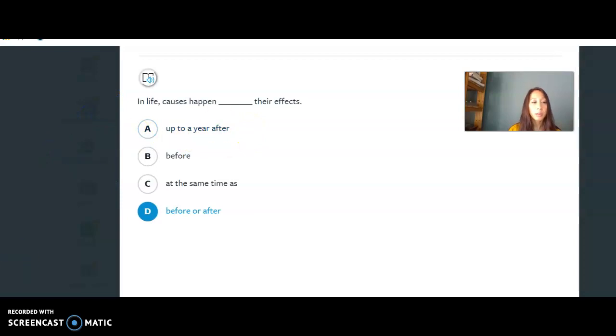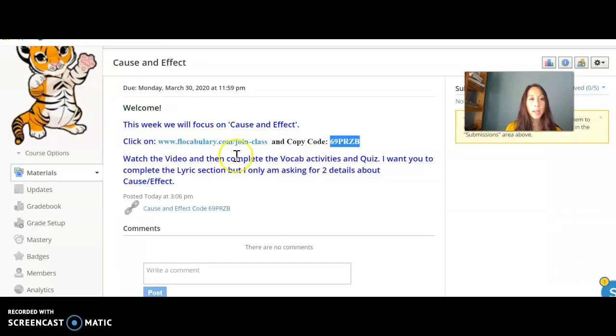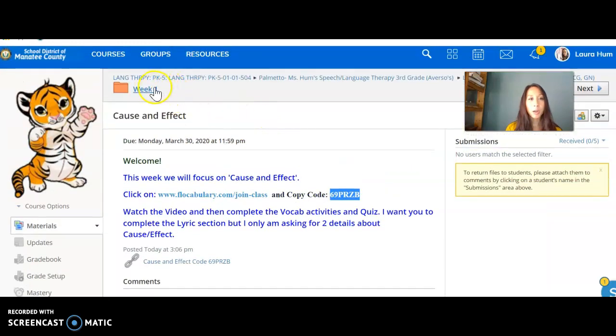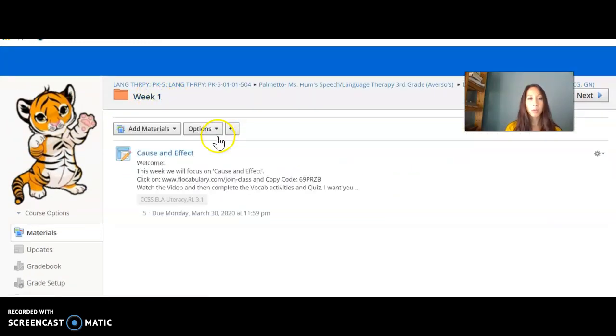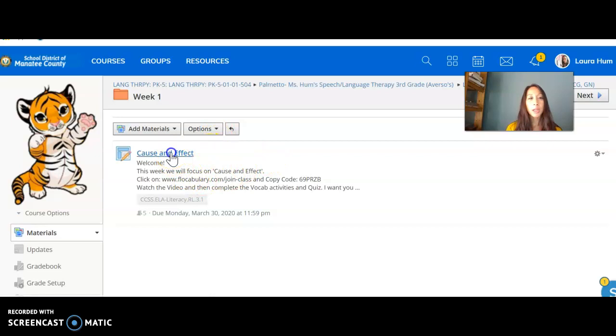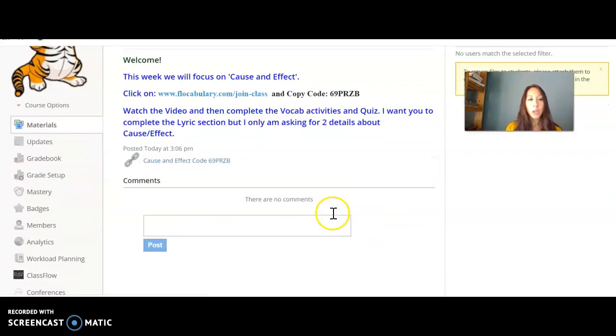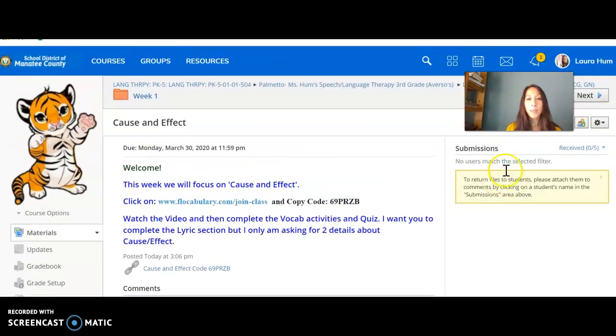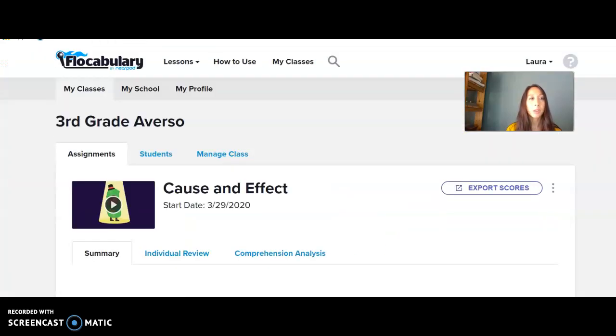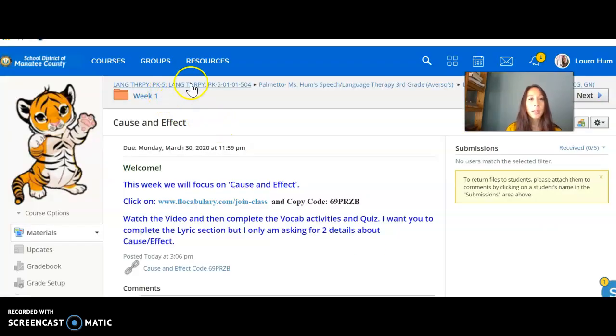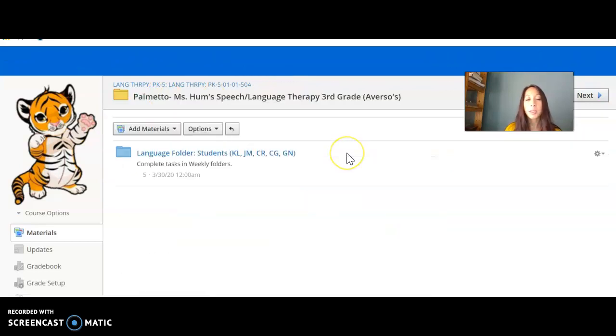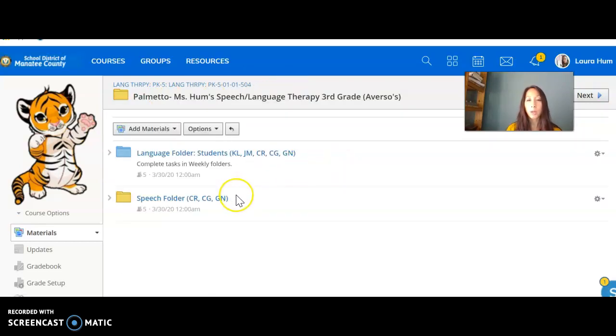I want you to also practice your vocabulary cards in here. So I'm going to close out of that and I'm going to go back to week 1. And then going back into here, you have a submission, which means that you just have to be able to open it. There's nothing that you have to actually submit because I'll see that you've done it on vocabulary. So I'm just going to close that out.